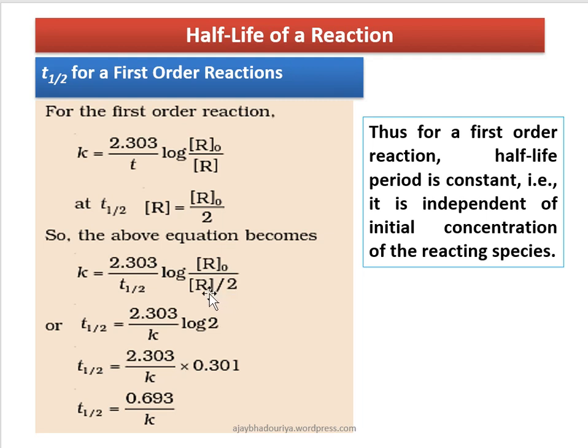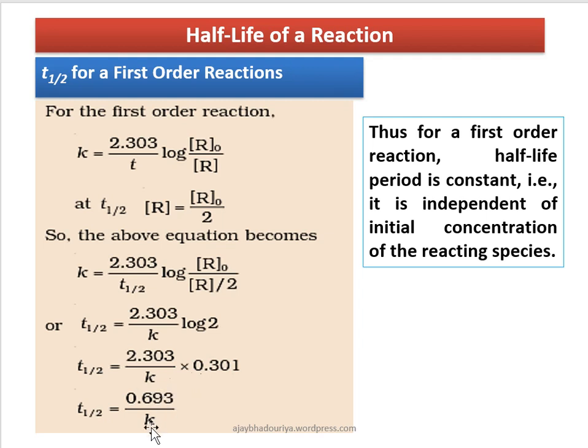So this is R0. R0 will become cancelled and it will become equal to 2 log 2, and the value of log 2 is equal to 0.3010. T half is equal to 2.303 upon K, putting the value of log 2, 0.3010, T half is equal to